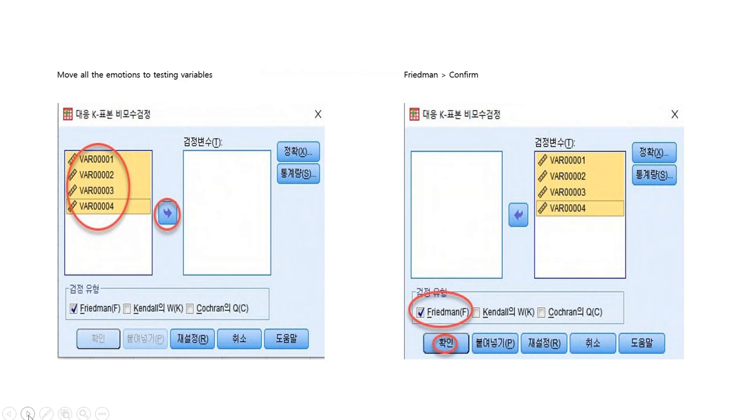And if I click on that, I do have 4 dependent variables here, so I move here. And then what I want to do, couple of choices, testing statistics. Friedman statistic is the one that I would like to see the difference. So click on the confirm. And